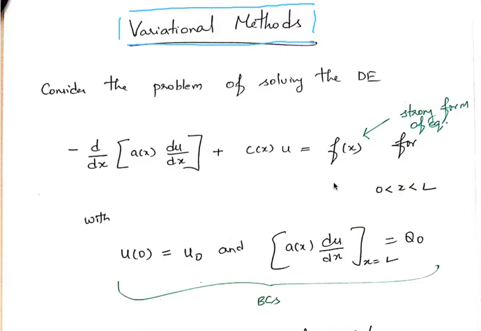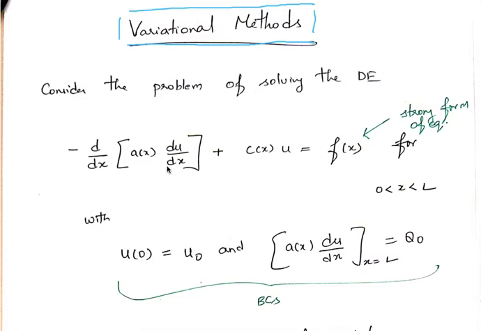So if you look at the region in which this has to be valid, it is x going from 0 to L without including 0 and L. Okay. Now why is it? Because the differential equations are derived for a volume of material, not a point. So you have to go inside the domain in order to find a volume of material. That is looking at it in a physical fashion. Mathematically, the derivatives are not defined on the boundary.